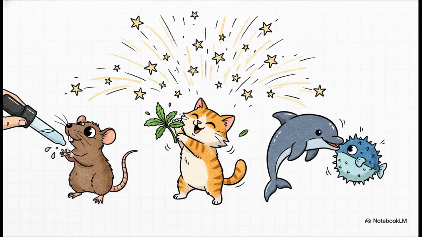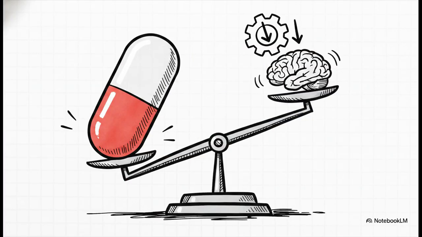And get this, because it's a shared mammalian pathway, we aren't the only ones susceptible. Rats will get addicted to cocaine-laced water. Cats actively seek out a high from catnip. There are even dolphins out there that have been observed purposely playing with toxic pufferfish just to get intoxicated. It's wild. So, bringing this microscopic biology right back to our macroscopic clinical definitions, that massive artificial dopamine surge creates